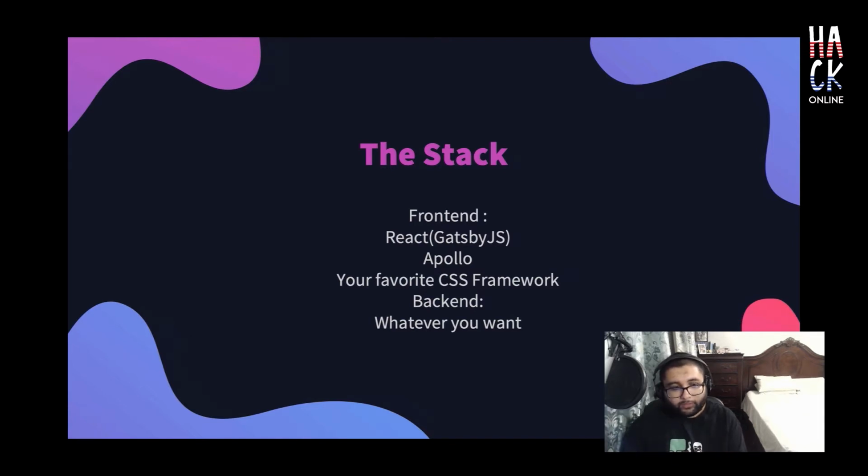We're leveraging React, specifically Gatsby.js, which I mentioned before is a React framework. We're using Apollo with it because we've got a backend that's a GraphQL API. We want to make sure we're hitting that API for actual dynamic content. You can use your favorite CSS framework. I'm just using straight CSS on this one, but use whatever you want. I have no opinions there.